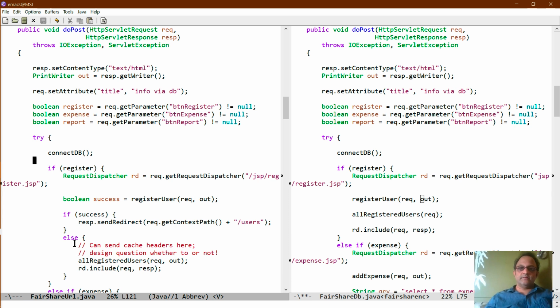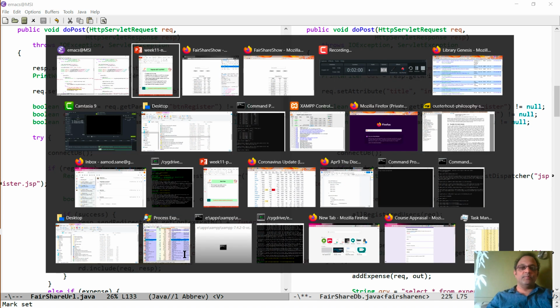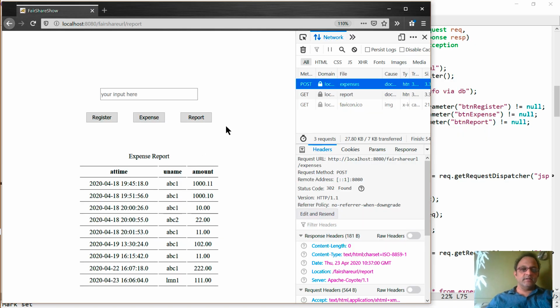What should we do in the failure case? Now, in the failure case, in our app, what we have done is follow the old way. That is, just show the error, right? And show the data. And the reason we can do it like this is because even if we have duplicate submits because of user behavior, nothing will change. Our database won't be harmed in any case. So let's see what that looks like.